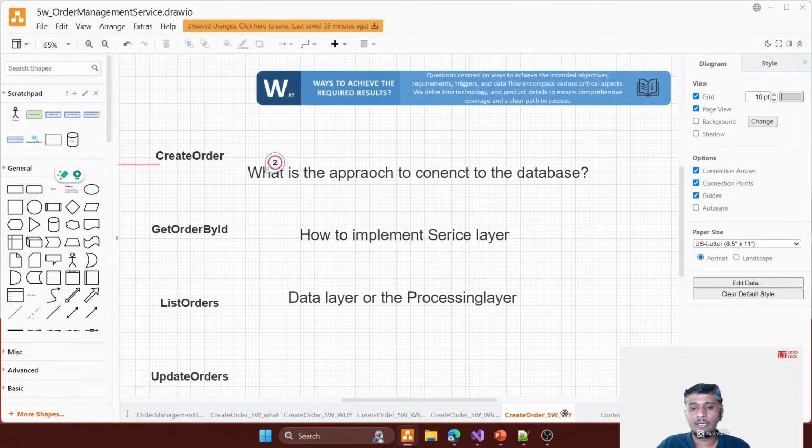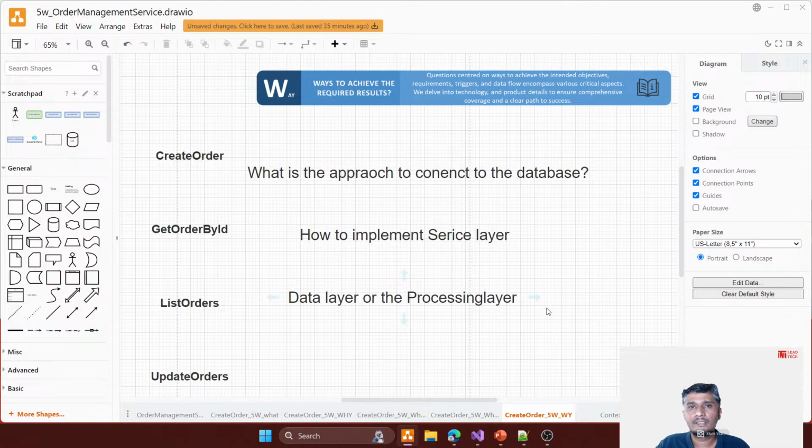Now, finally, what is the approach to connect? What are the ways you're going to implement these APIs? The approach to connect to a database. Do you need to use a service layer? What is the data layer? What is the security of the data layer? So you can ask all these questions and define your implementation approach, define your user story approach, define your delivery approach. So anything that you're going to ask, you can apply these type of questions for your role, for your work you're trying to do,